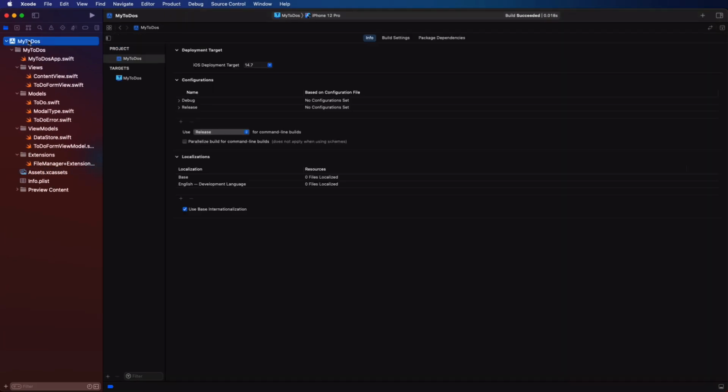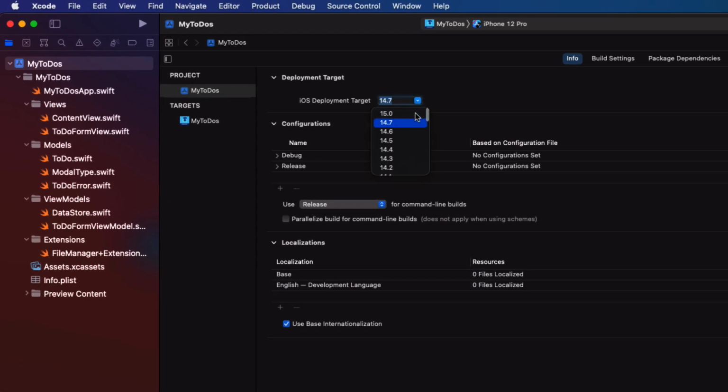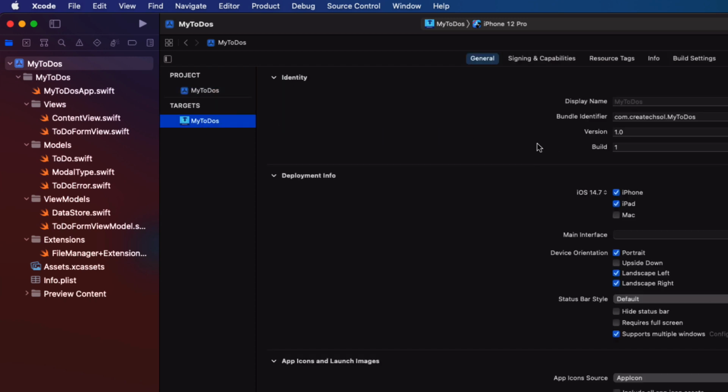Now before I take you through a walkthrough of the app, let me first change my project's deployment target to iOS 15. And I also have to make sure that the target is set for that as well. So let's start by working through a demo to create some to-dos, and I'm going to run this on an